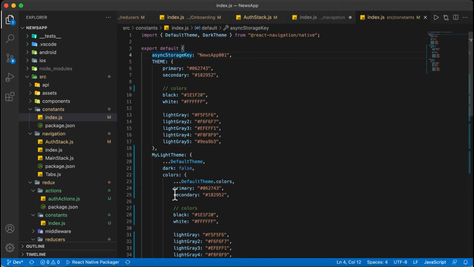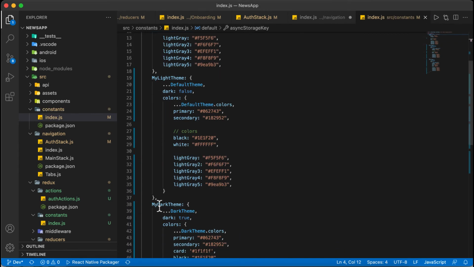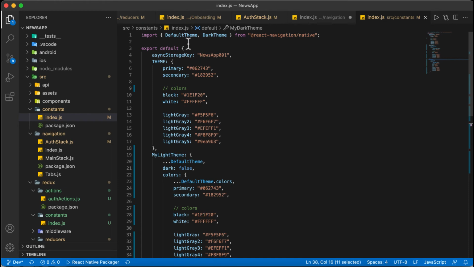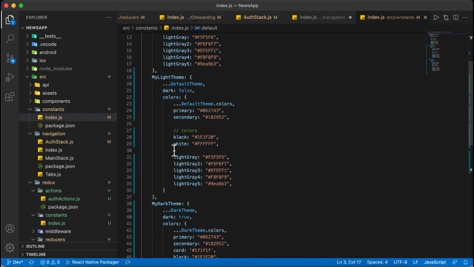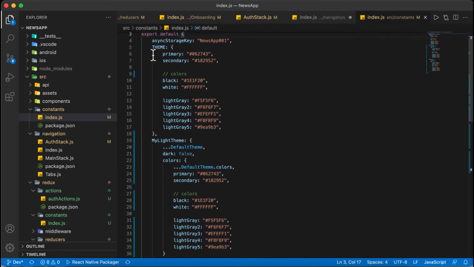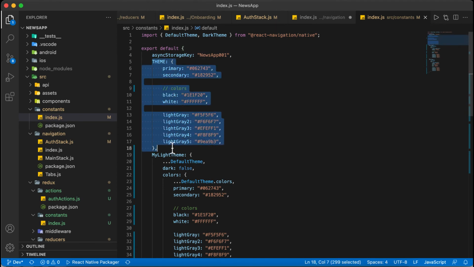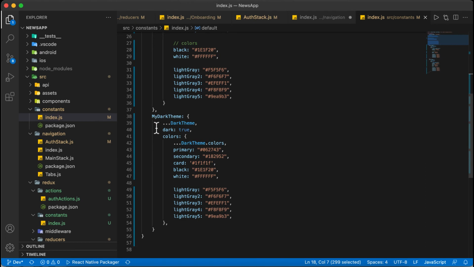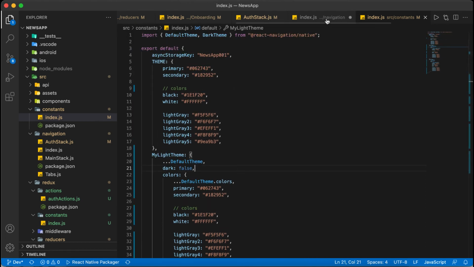So now let's put these color themes inside the index.js. You need to refactor like this inside the default. You have to put all the things like we did in the theme, in my light theme and my dark theme. So now let's come to the index navigation.